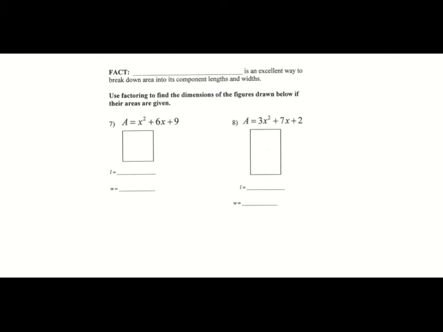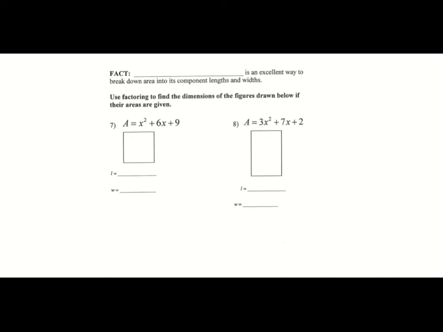One way we can use factoring is to break down area into its component lengths and widths. So that is our blank here. Factoring is how we do that. So if we look at some examples here, it says use factoring to find the dimensions of the figures drawn below if the areas are given by these equations here. So if this is our area, we want to know what times what gives us that equation. So if we use our MAM factoring,